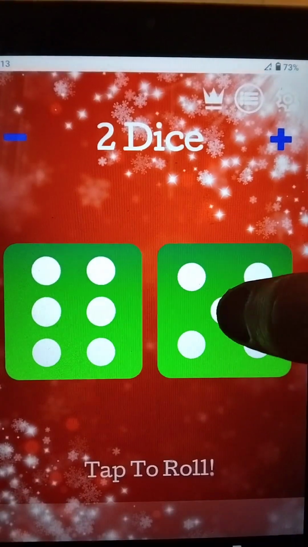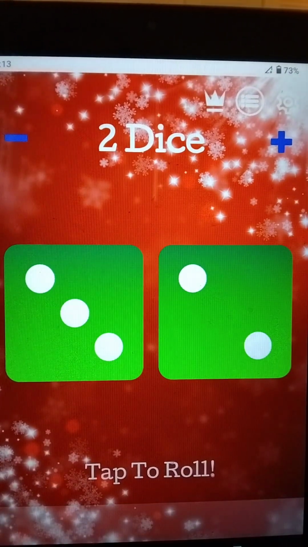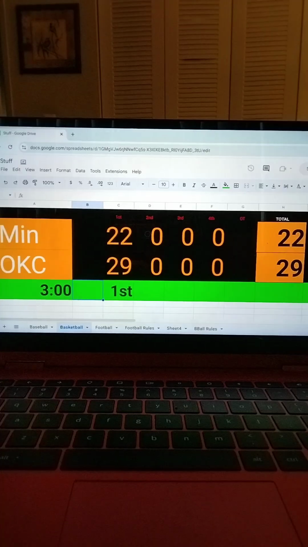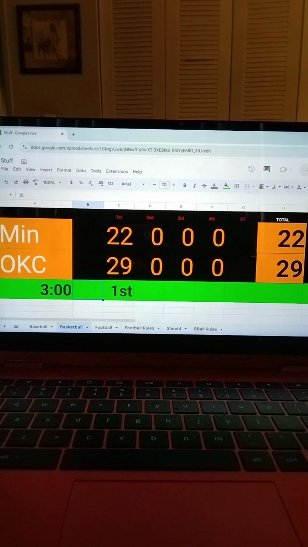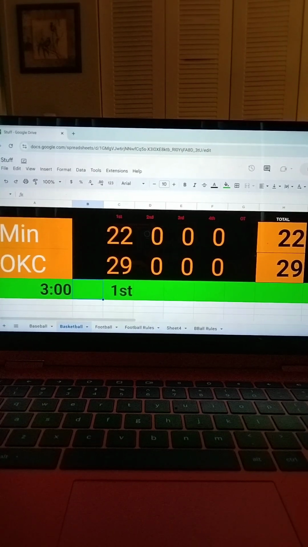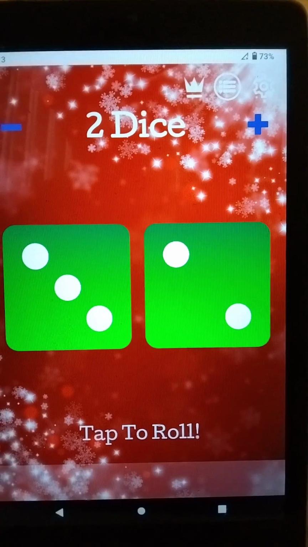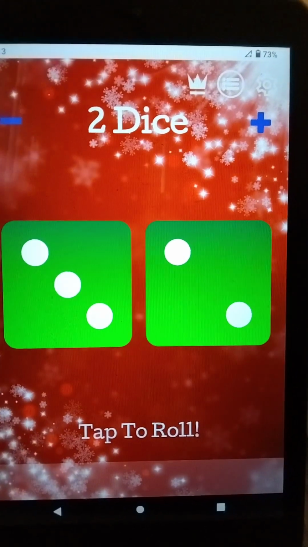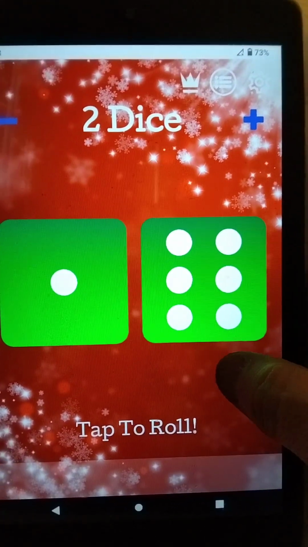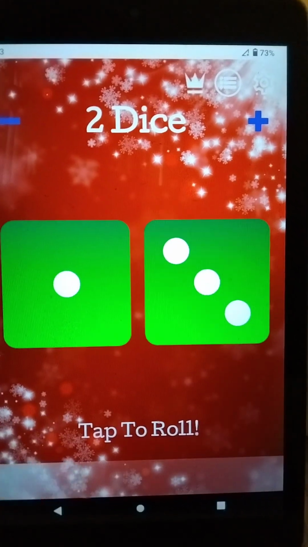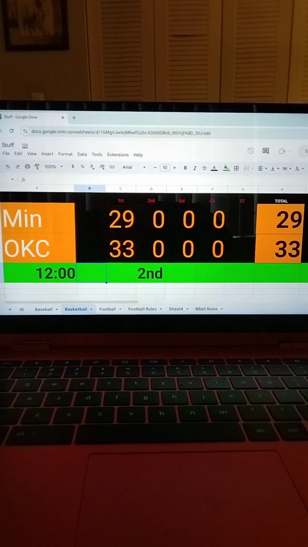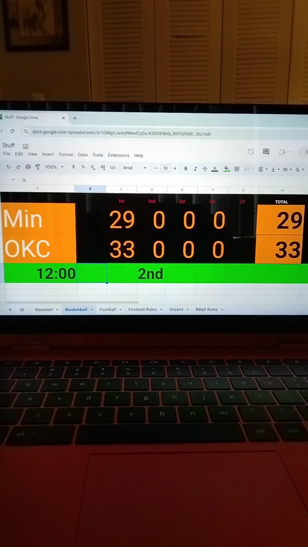There we go. Back to Minnesota. They get a 9, and the Thunder get 5. All right, 3 minutes left to go in the first. The Thunder still up by 7. Last roll of the first quarter for the Timberwolves. They get a 7. Oklahoma City Thunder get 4. All right, into the first quarter, the Thunder have a